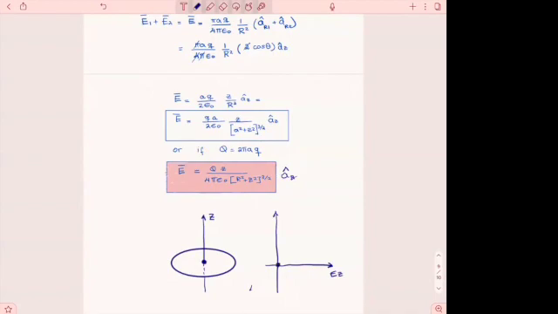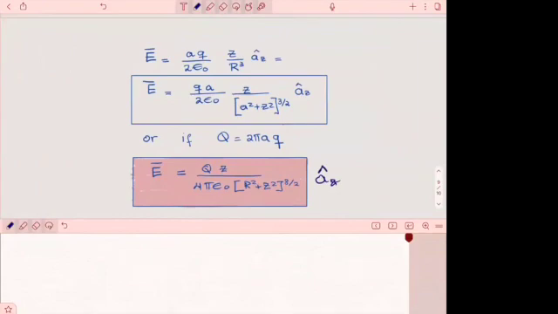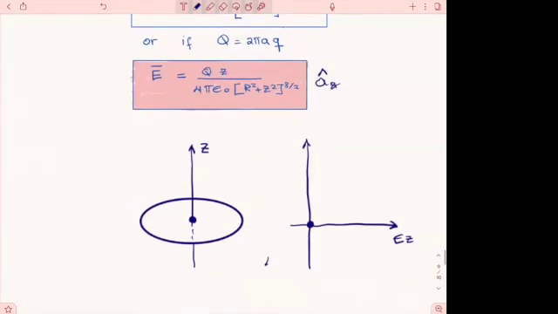As soon as you move away from z equals 0, it starts increasing. And then as z starts getting bigger and bigger than r,